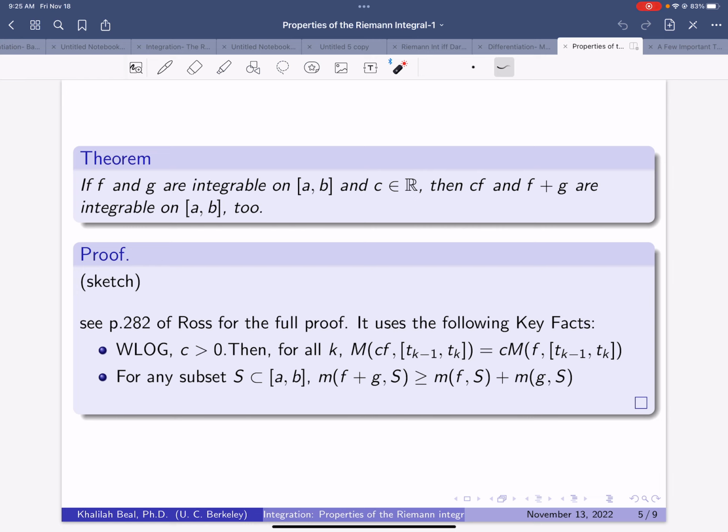If f and g are integrable on [a, b] and c is a scalar, some fixed number in R, a fixed constant, then c times f, that's a brand new function from [a, b] to R, and f plus g are both integrable on [a, b] as well. And I'll say just as a side note, we won't prove it here, but also f times g is going to be Riemann integrable, and